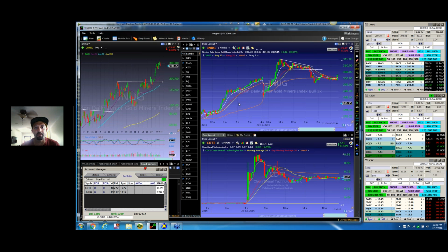And just an example of that was, yesterday in chat room, we were shorting this JNUX. I had a short at like 312. I added some at 310, and I shorted it, and it took a long time to actually crack. It was kind of just sitting there between this range at 306 and 310 for almost 2 hours. And I noticed a lot of the guys were getting impatient because it wasn't cracking, and it started to base out into what would look like a flag. And so, a lot of people say, should we get out of this short and go long? Because it's a flag. And I was explaining to everybody that just because it looks like a flag doesn't mean